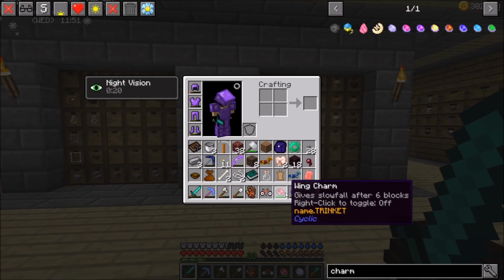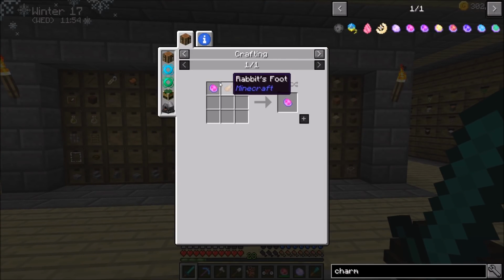And then to repair the durability on these, they have a crafting recipe. The wing charm requires a rabbit's foot. A little bit